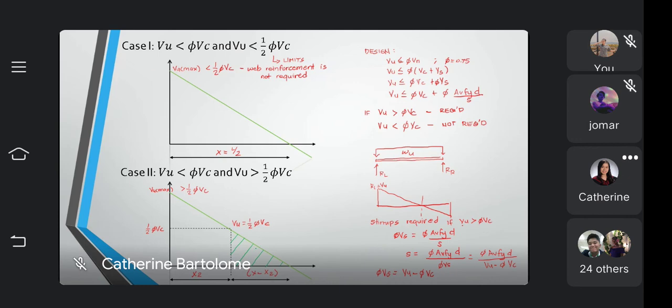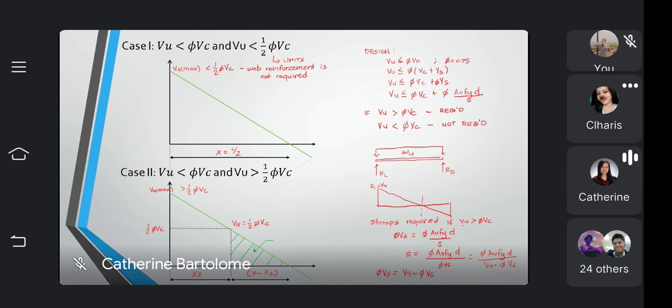Therefore, at this area, anong case to? Case 1, diba? Your VU is less than VBC and it is less than half of VBC. Okay, so less than half of VBC siya at this area. Therefore,